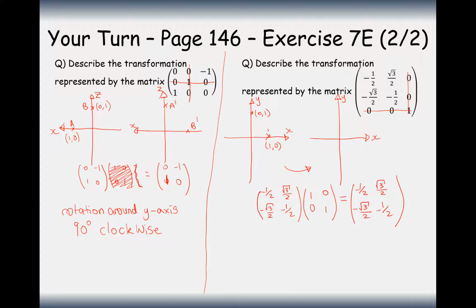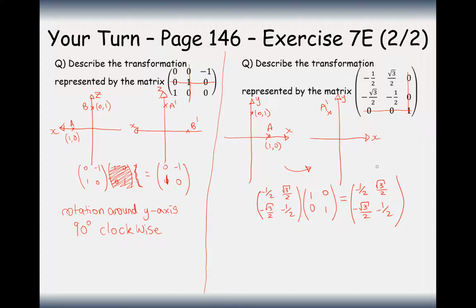So this A coordinate here is now going to end up at the first coordinate set here. So it's minus a half, root 3 over 2, so higher up here. A useful point to remember is that root 3 over 2 is more than a half, so I've gone across a half and I've had to go up more because root 3 over 2 is more than a half. And the second coordinate